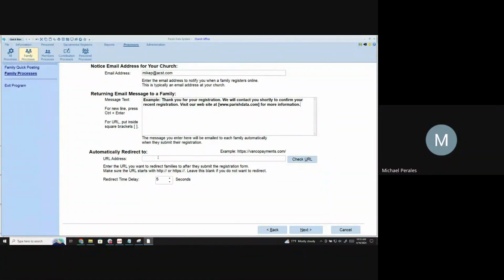Okay, if you're redirecting, this is where you can redirect them to. And then you can set a time on when to redirect. Okay, so all right, so when you click next,